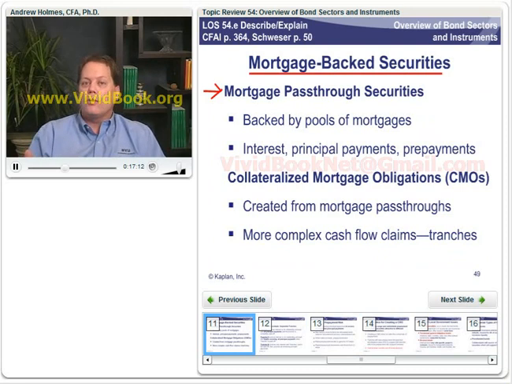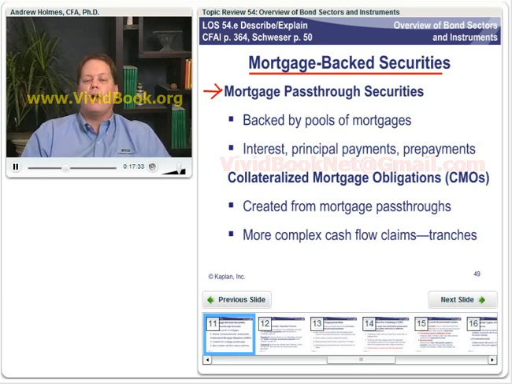All the borrowers are a little different. Some have a little higher credit score. Some have a little lower. Some have higher loan-to-value ratios. Some have lower loan-to-value ratios. You have all these different things. And if you're talking about a mortgage that's $100 or $200 or $400 or $600,000, it's just too small to do anything with individually. But what we can do is we can buy a bunch of these.